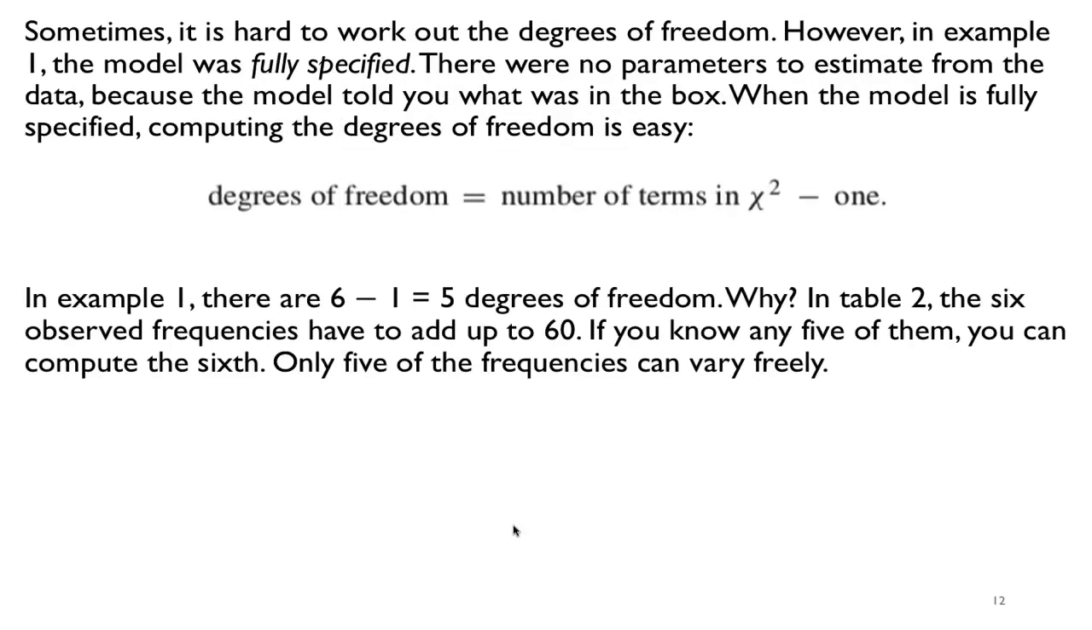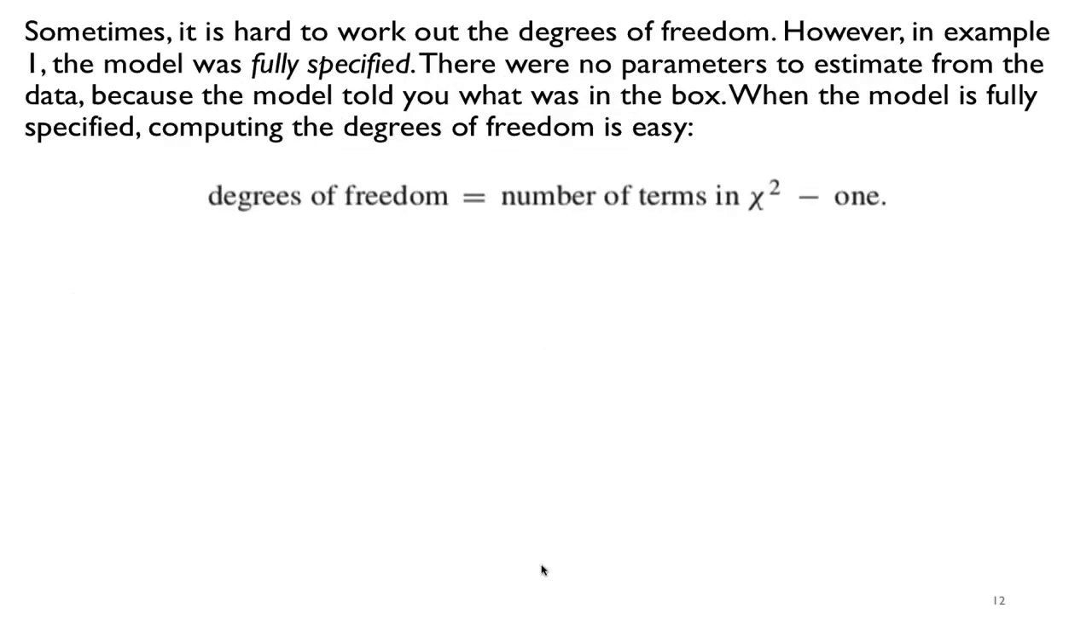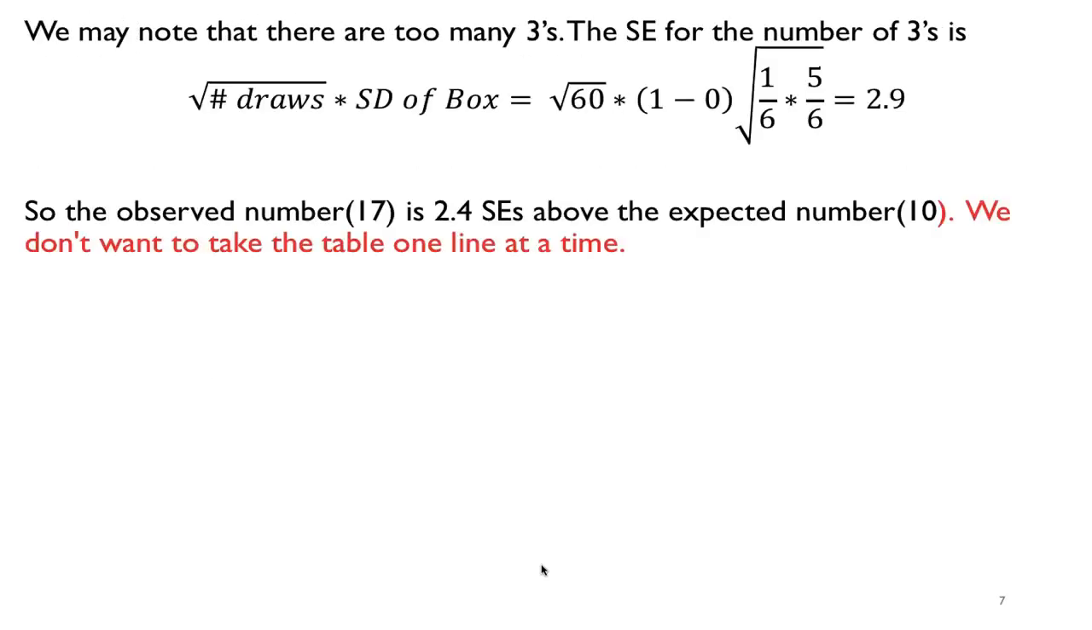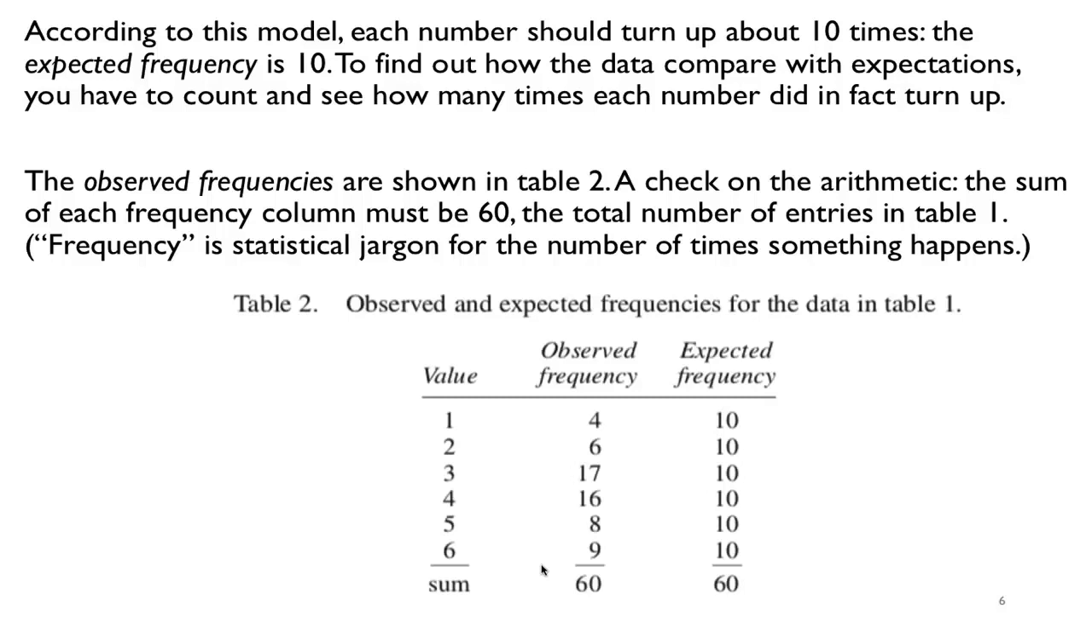So the reason why it was 5 is because if you have 6 rows and they add up to 60, remember from the table here, the sum of all the number of rows is 60. So if you look at the frequency, you add them up, they should add up to 60. But only 5 of them can vary freely, because once I have 5, the 6th one is determined by the